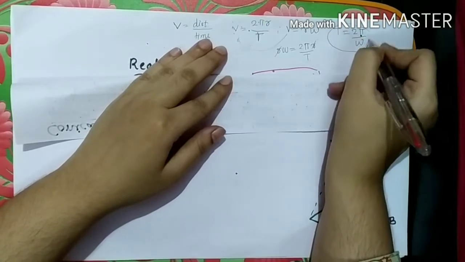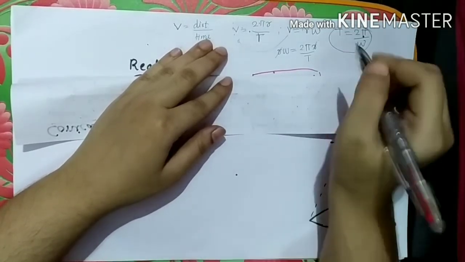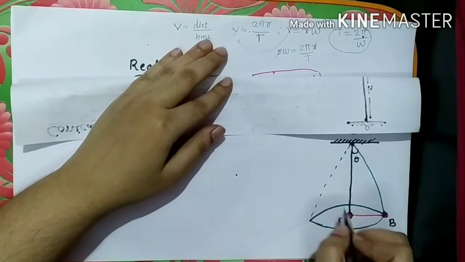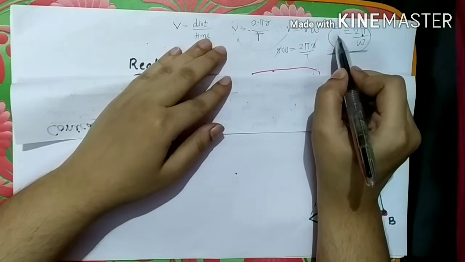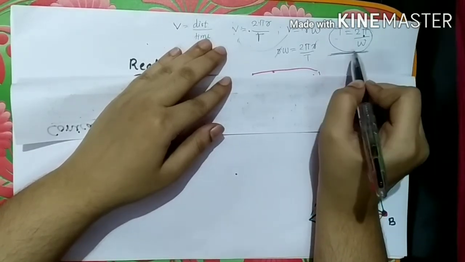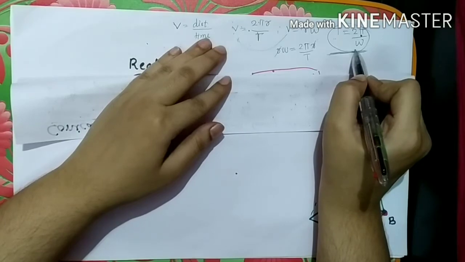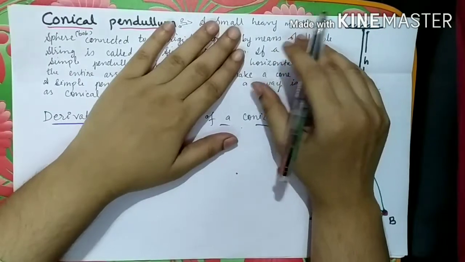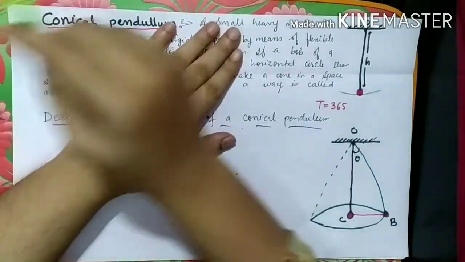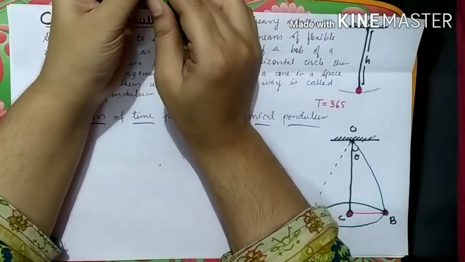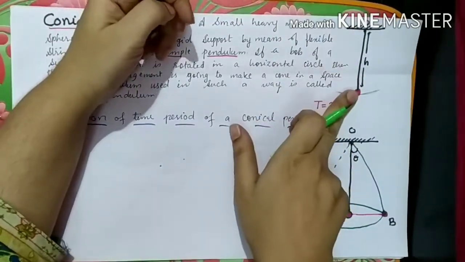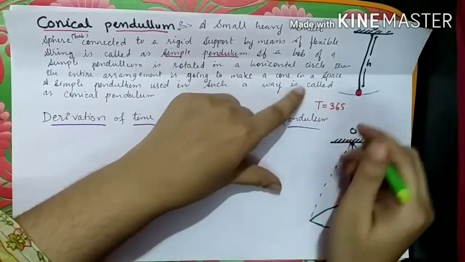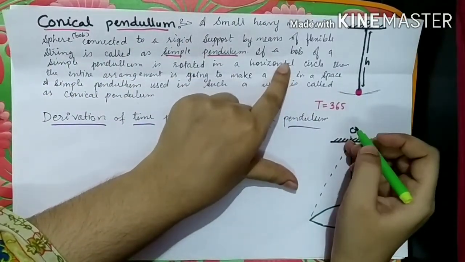So with this formula we are going to find out the time period of this conical pendulum. Please keep it in mind that we will have to find out the time period. For that, the only necessary thing is angular velocity. Let's see how it is to be calculated. First and foremost thing, suppose the simple pendulum is in a state of rest, just like this. So let us find out the forces acting on this simple pendulum.